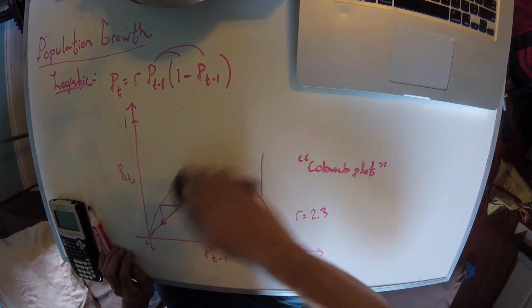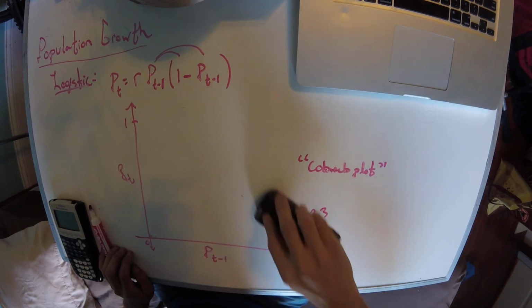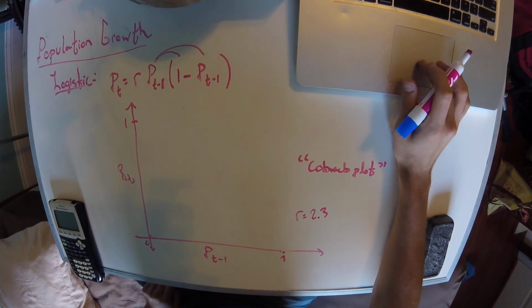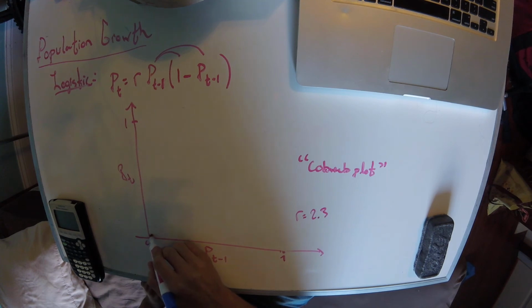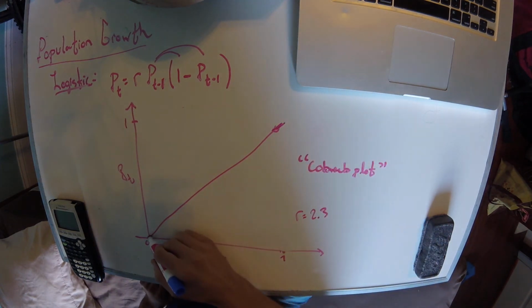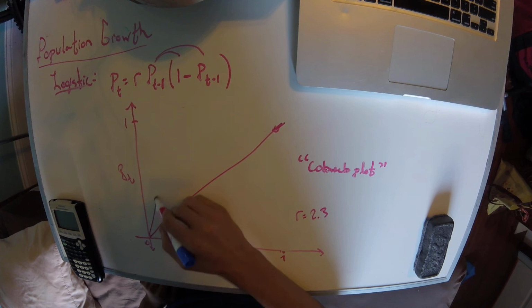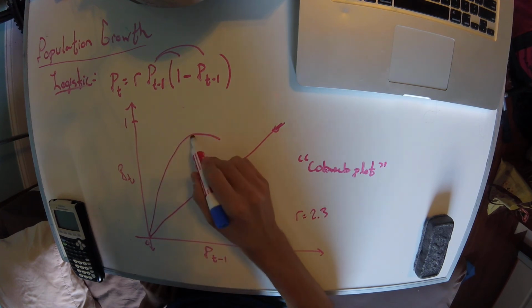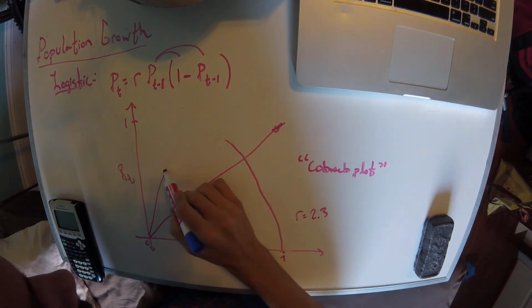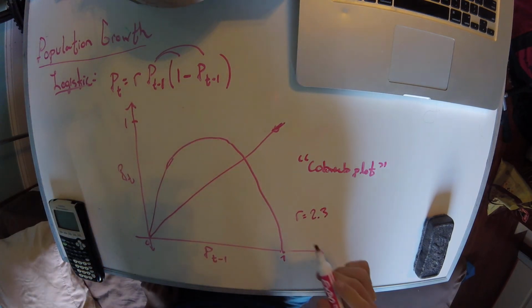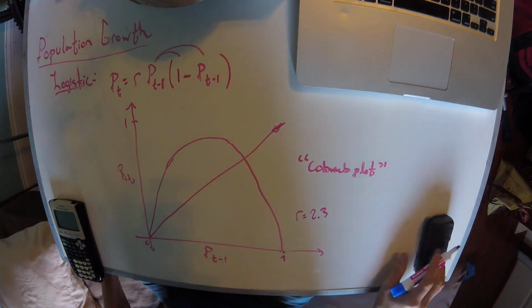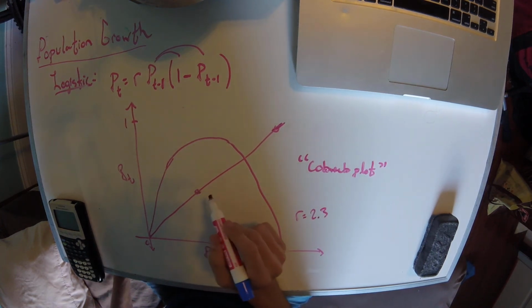Okay, great. So how about now we try the 3.2 now. So we've got our y equals x, and now 3.2 would look more like this. It would be up, and then coming down, I'm going to try to sketch this so that it comes out about right. Not the best parabola, but we're working with it. Okay, now let's go ahead and try this cobweb process. So starting around 0.5,